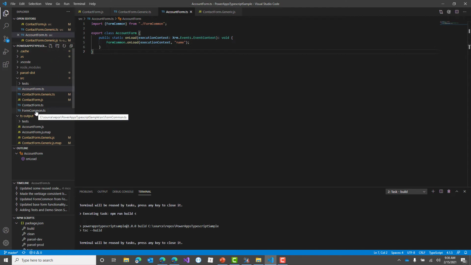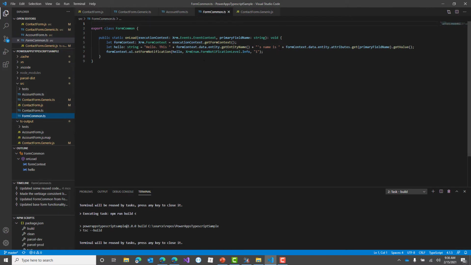we've got this form common class down here, and you can see now we're getting into the concept of using modules. So we have a class that we're exporting, and anytime you export a class in TypeScript, it becomes a module that can be imported by other TypeScript files or classes. In this case, we're getting the form context off the execution context that's being passed in. This looks very familiar. It's the same thing that we did in our generic TypeScript. And then we're getting the entity name and the primary field value that's going to be passed in from our specific TypeScript file. And then we're setting the form